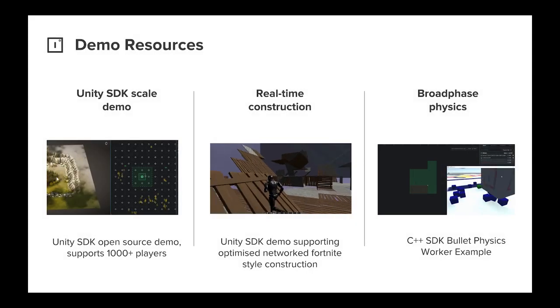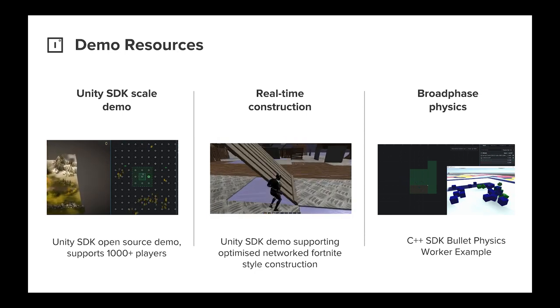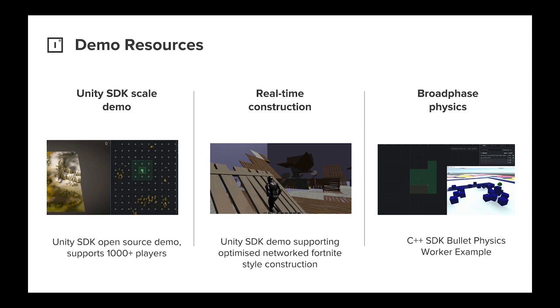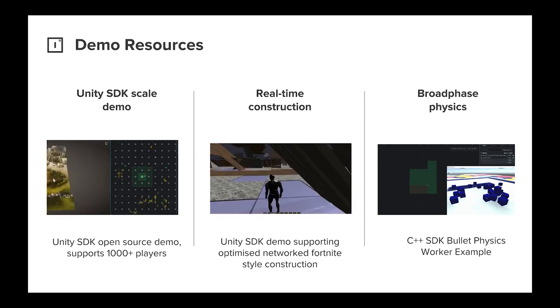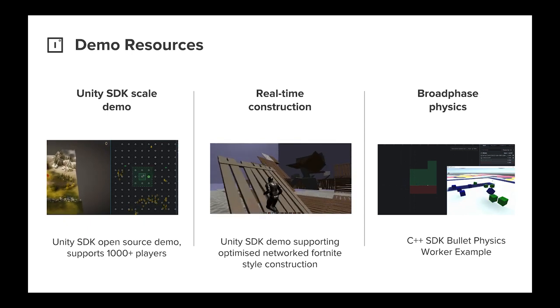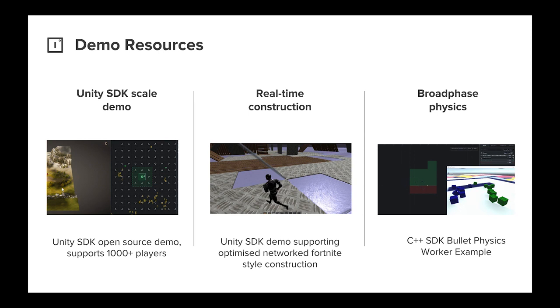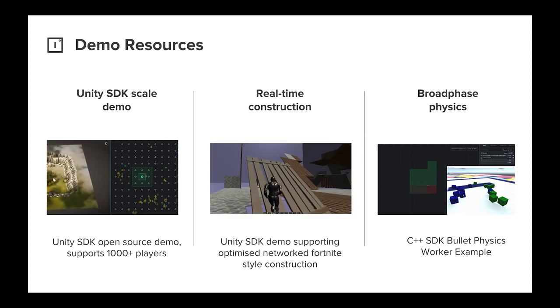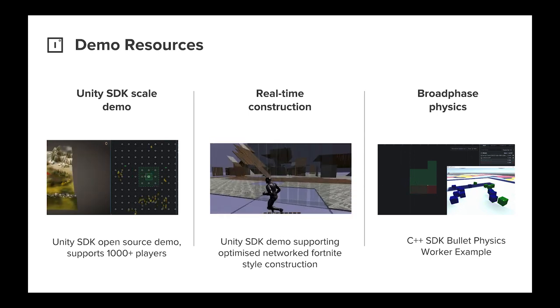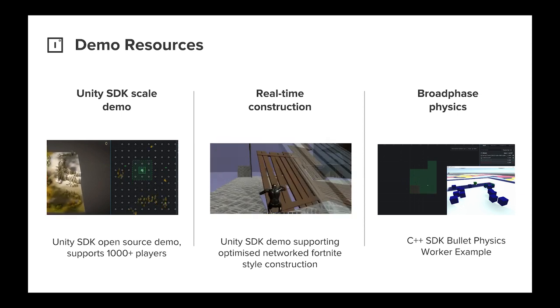So next steps, obviously, the way we like to work at Improbable is we do a lot of game jams. And so just to cover some quick things that we've built, we have an open source RPG game that you can download available today. We spent 2 days trying to build a Fortnite clone, and we managed to get a couple hundred players in the world with a real-time construction algorithm. And my broad-phase physics worker that I mentioned earlier, that's also available as open source.